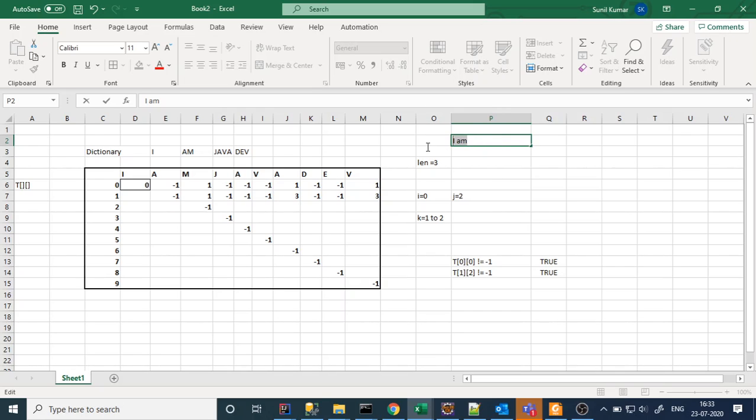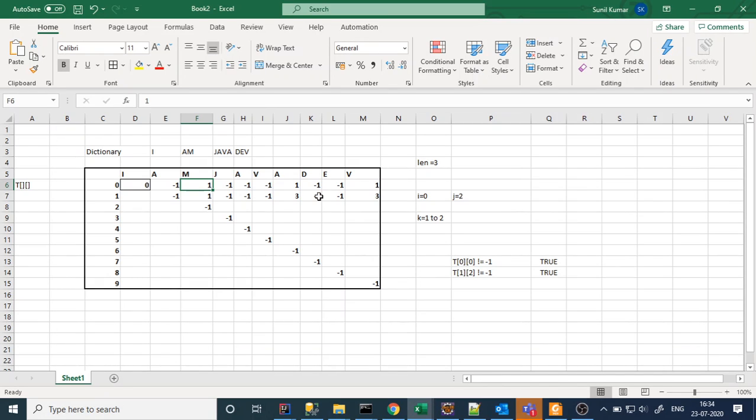So recursively, if a substring is not present, there is a chance that its sub-substrings exist in the dictionary, and then they will give those values. Like here, starting from 0 to m, I am giving 1. Like that, I will fill the whole matrix, and then we will utilize this whole tabular form to find the solution.